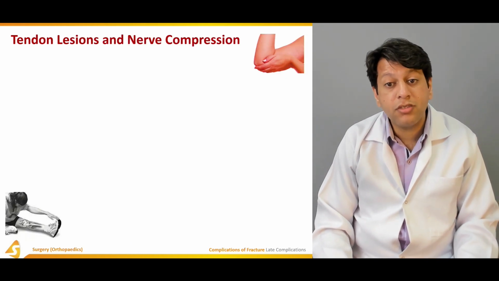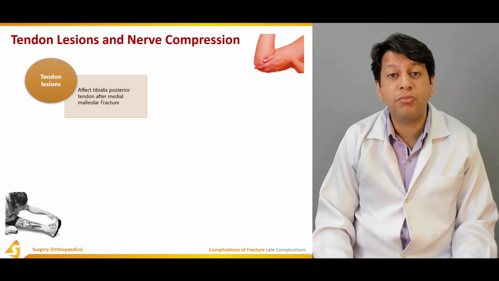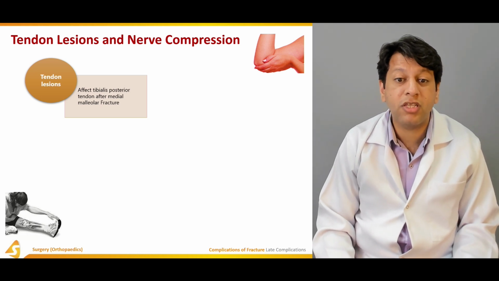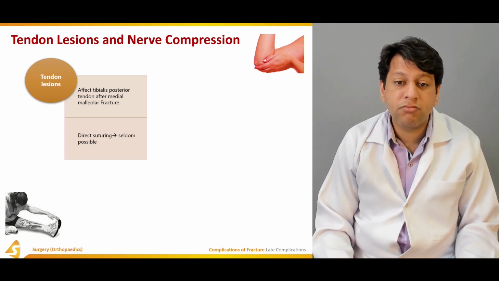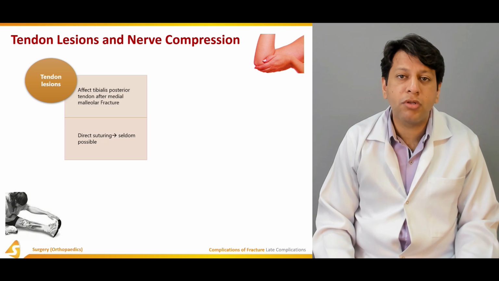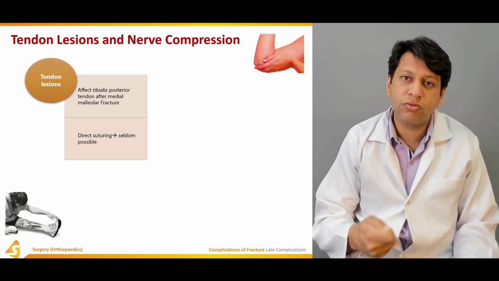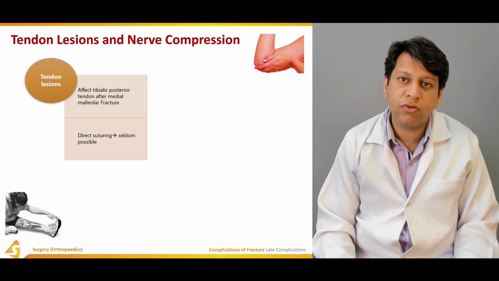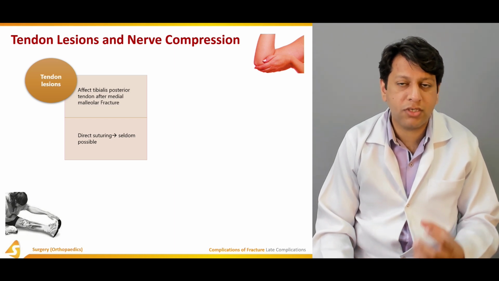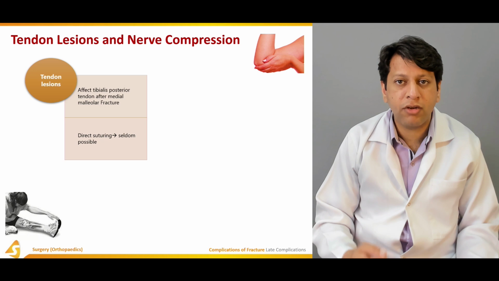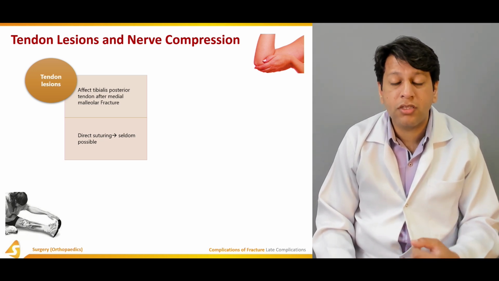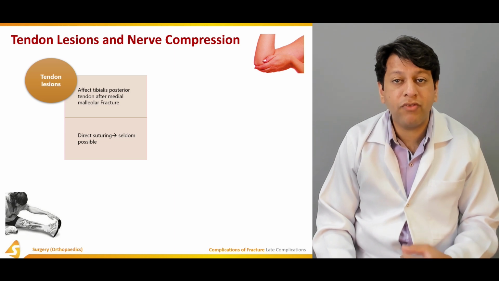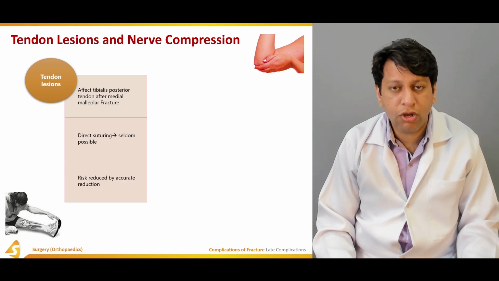Now coming to tendon lesions or nerve compressions. Tendon lesions could also be associated with trauma, usually affecting the tibialis posterior tendon, especially after a bimalleolar fracture. Direct suturing is seldom possible, because if the tendon is avulsed from the bone, then we have to fix it differently, as it cannot simply be sutured back to the bone. But if the tendon is ruptured and there is no retraction, then the bony ends and the tendon ends can be refreshened and sutured back. Although it's not always possible,